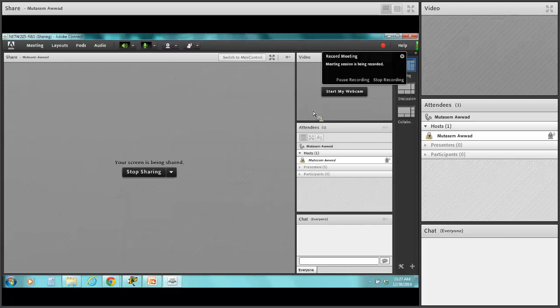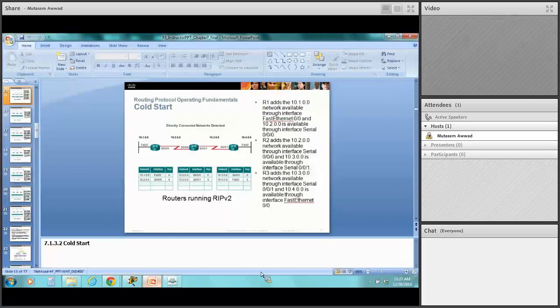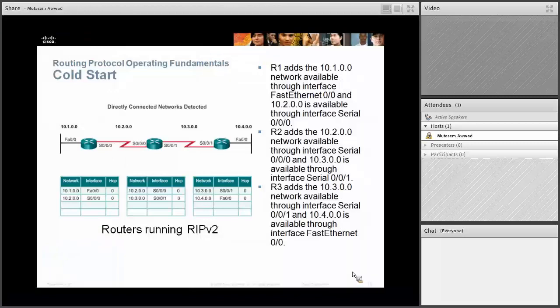All right, let's continue. Going back to where we were. Let's assume that we have three routers, as you can see in this configuration. Router 1, router 2, router 3, and on this side we have LAN 10.1.0.0. This link has 10.2.0.0. This link between router 2 and router 3 is 10.3.0.0. And the final one is 10.4.0.0. And let's assume we're running routing protocols between them. When you turn on the router, after POST runs and then the bootstrap loads up the operating system and the configuration in there, the router immediately